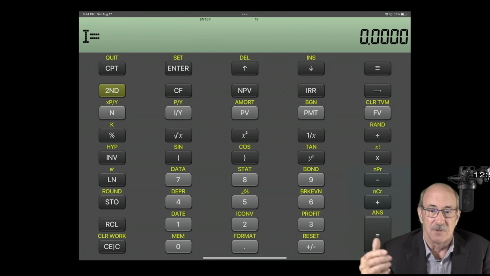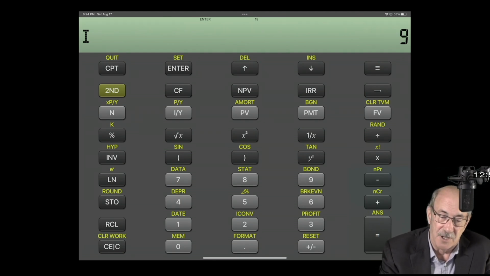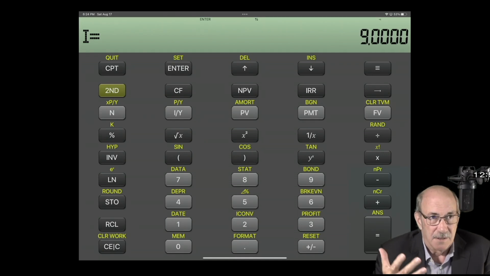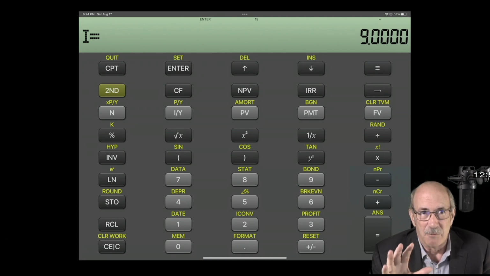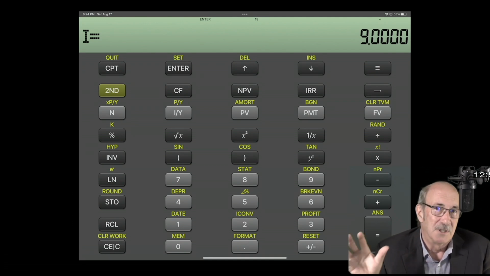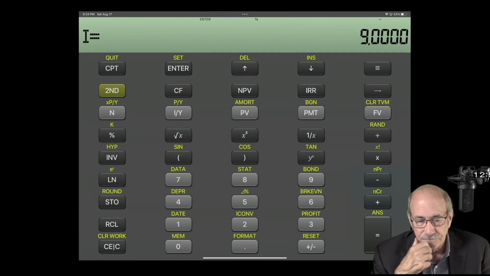Well, that's the interest rate. We're talking about 9% here, so I put 9, and I still have to hit the enter key. Don't forget that enter key. It'll mess you up every time. But whenever we're dealing with uneven cash flows, the way this calculator is set up is you've got to hit the enter key. Okay, so I've got that. Now I use the down arrow,